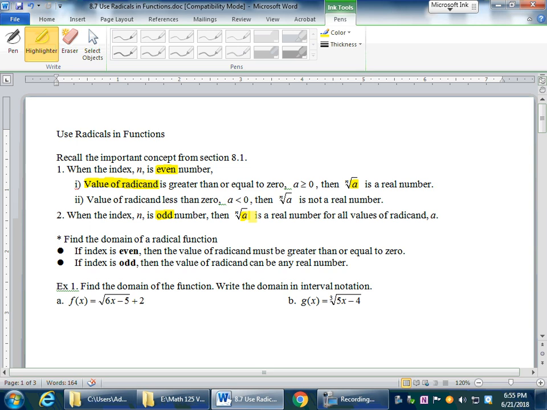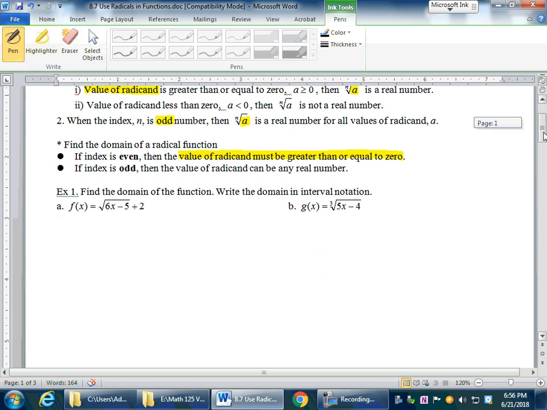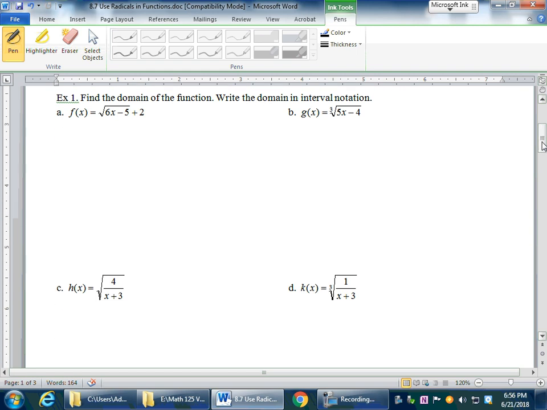So to find the domain of the radical functions, if the index is even, then we need to make sure the value of the radicand must be greater than or equal to 0. And that's how we're going to find out which x values satisfy this inequality, and it will become our domain. If it is an odd index, the value of the radicand can be any number. So therefore, when we find the domain of the functions,